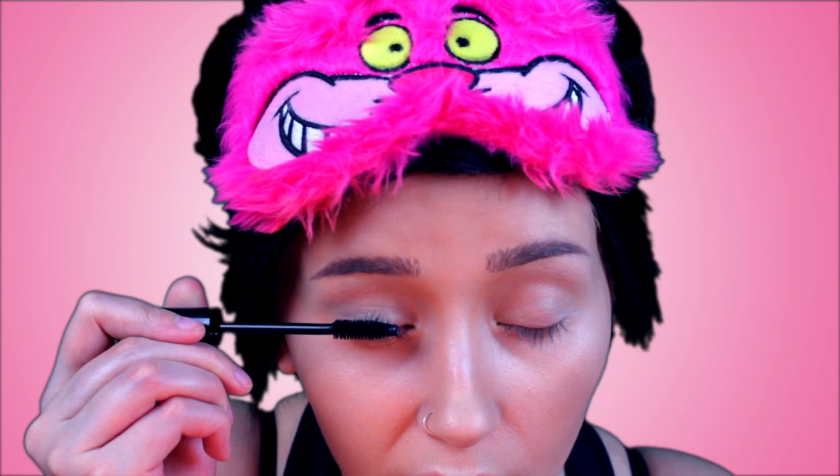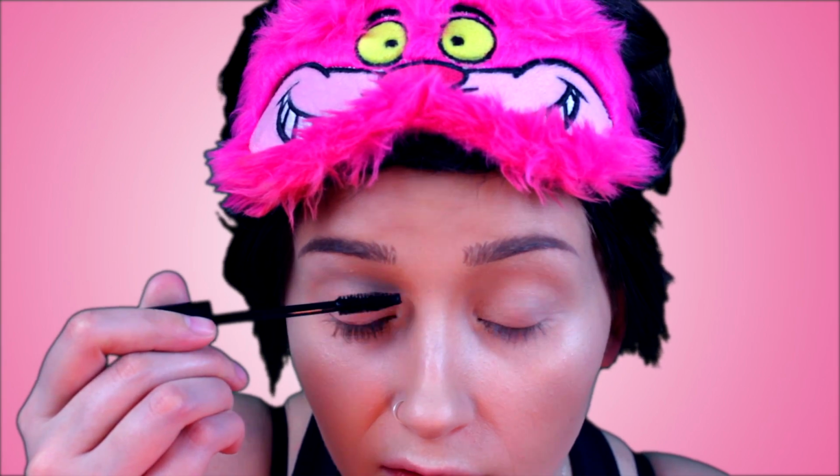It did lift my lashes a little bit, and I have bone straight lashes, so that is definitely hard to do. And they're not clumping, which is super impressive because my eyelashes clump really easily. Okay, so now the last product